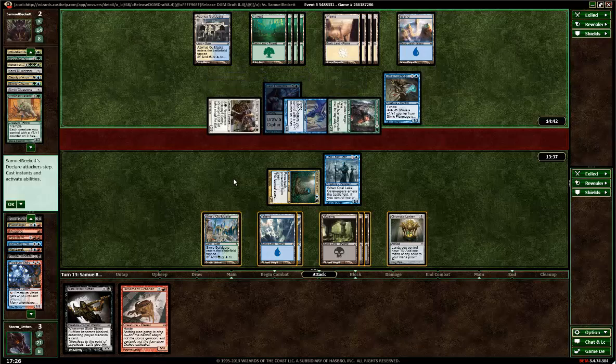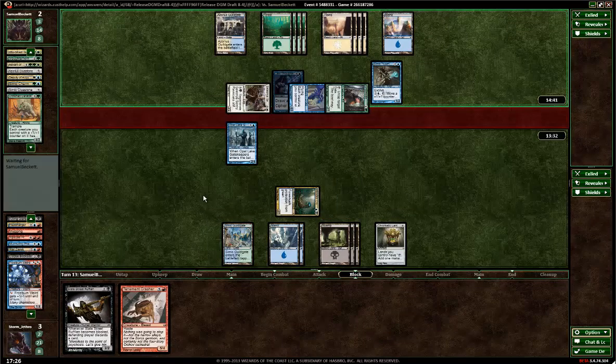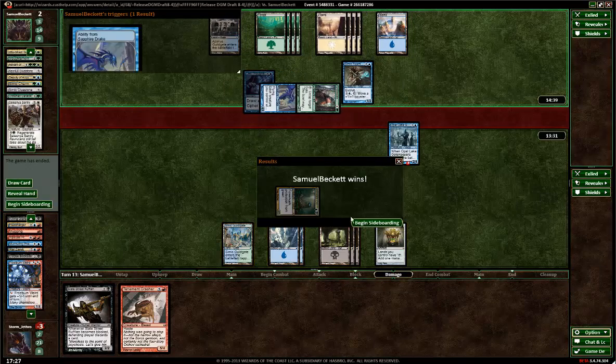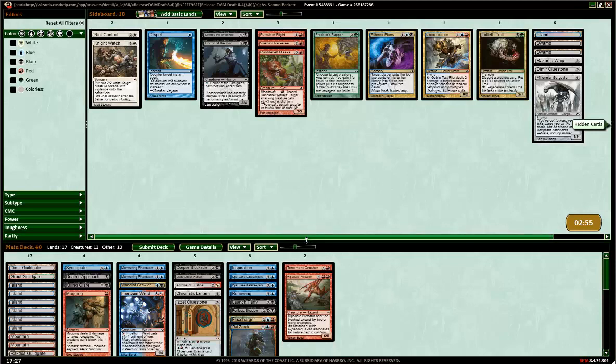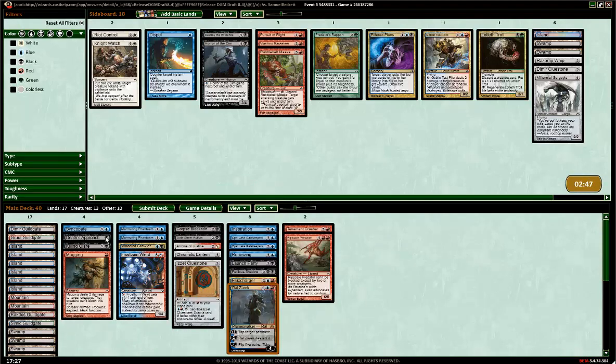He's just sending in everything but the Flux Mage. Let's just block this, see if he cares to regenerate it. He probably will. He doesn't even. Okay, so this game was won. Even though we had a timely Rel Zarek, well, it would have been better if it was a turn earlier. But it was pretty much still on time, and we pretty much lost to the Sapphire Drake with the last